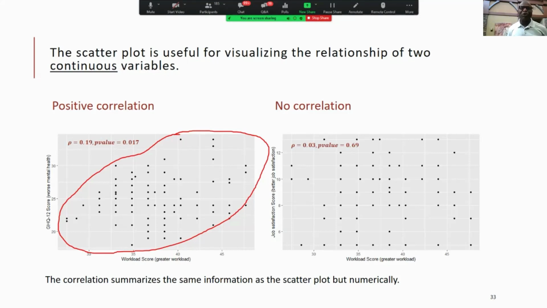So essentially, if you're going to do something that looks like this for variables that are discrete, what you would have is a bar graph. Scatter plots are best for continuous variables, unlike with discrete variables. Some people use it, and sometimes you can get away with it, but